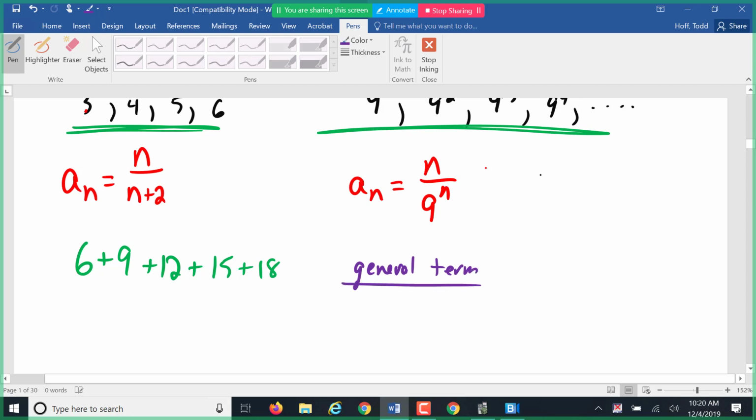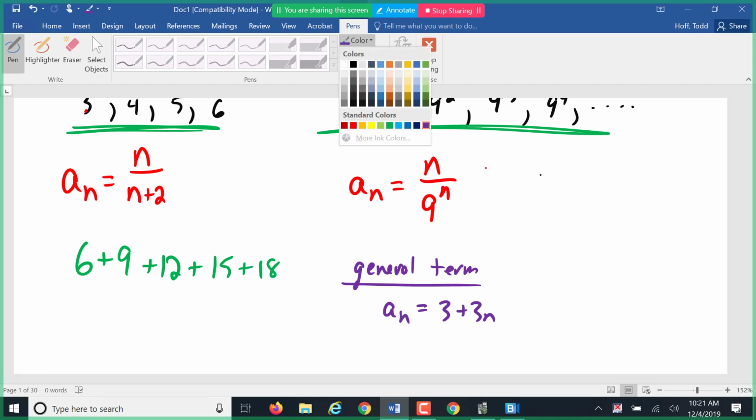My general term here, an, the simplest way to write that would be 3 plus 3n. If n is 1, it's 3 plus 3 is 6. If n is 2, 3 times 2 is 6, plus 3 is 9, and so on. So then this summation becomes